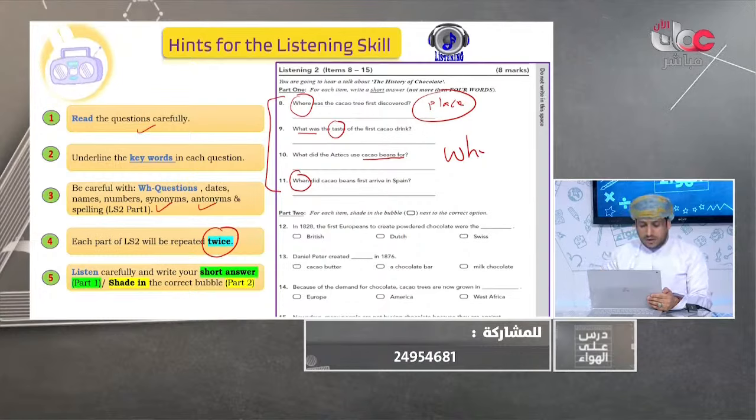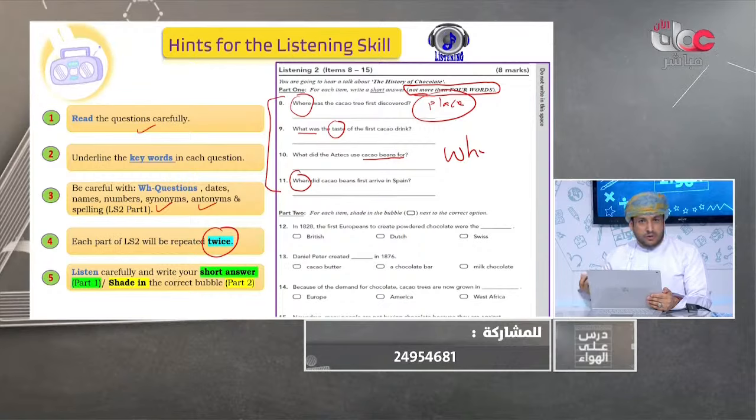For question part 2, try not to exceed the word limit. 4 words, please. Only 4 words. It might be one word, 2 words, 3, but not more than 4. All right, try to just catch the phrase or the word and write it.